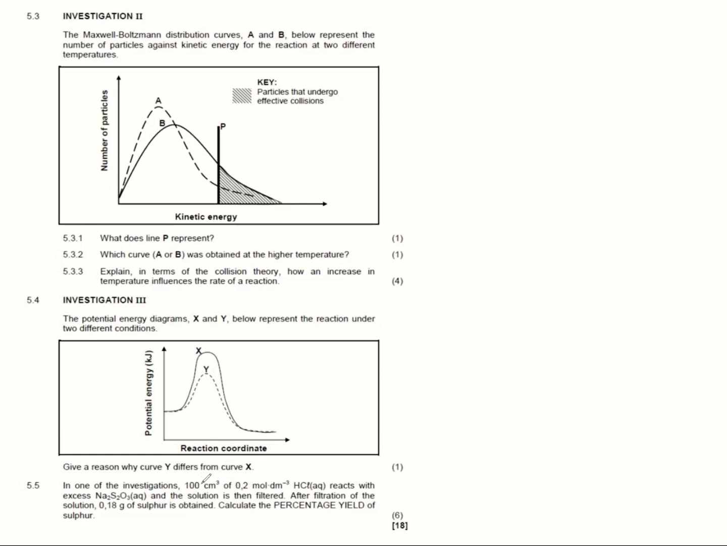Okay, so for 5.4, we can see that here, this is a potential energy graph, right? And then we know that once we have that broken line there being below, it simply means that in this other reaction here, there was a catalyst that was added. So for 5.4, we are going to say curve Y